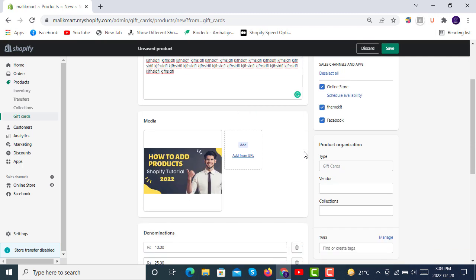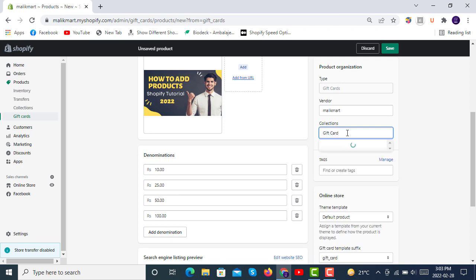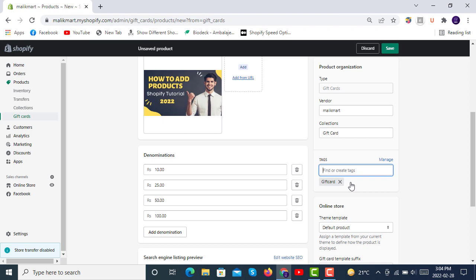After adding the image, you can set the type here, like what type is it, product organization. It's already selected as gift card, and then the vendor, whatever name of your Shopify vendor, and then the collections on which you want to show it. We can also create a custom collection here, and then the tag, with which tag you want to show this. Okay, then